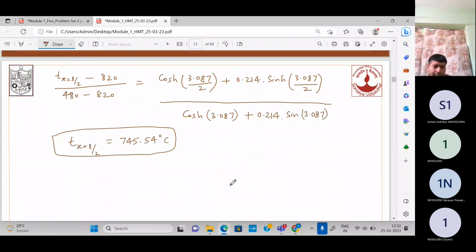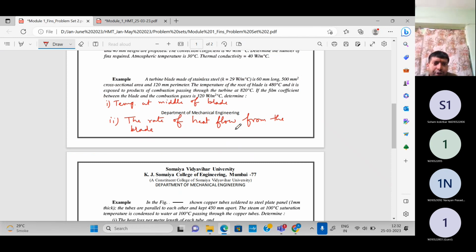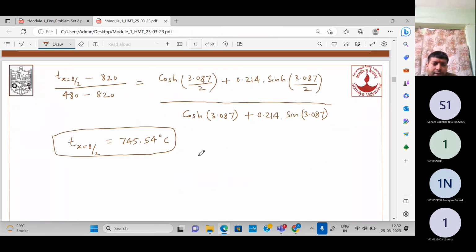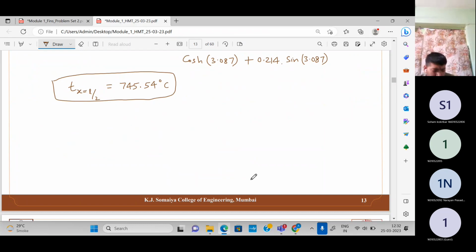Clear? Now let's find the heat dissipation. Second, they ask to calculate the rate of heat flow from the blade. Nothing else is needed, directly apply the expression. Q is equal to root of h P k A into T naught minus T A into tanh